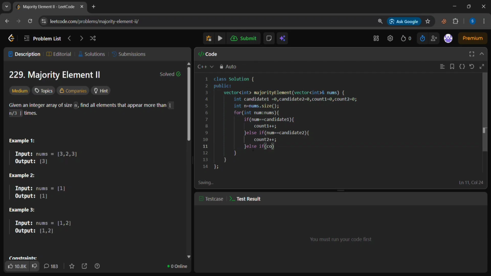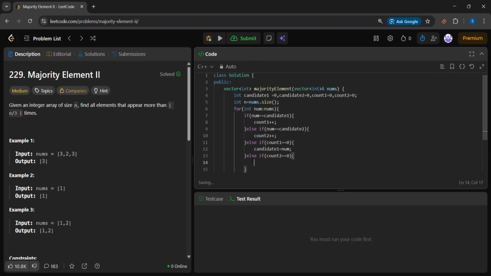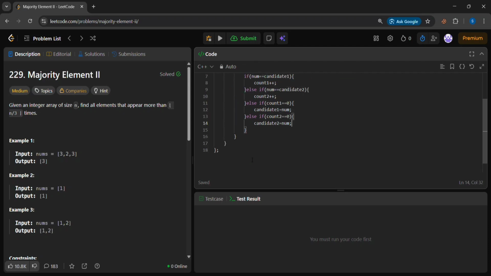If count 1 is 0, means candidate 1 is not decided till now, then we will make candidate 1 as num, or what else can happen? If count 2 also can be 0, candidate 2 will be set to num if count 2 is 0, or else